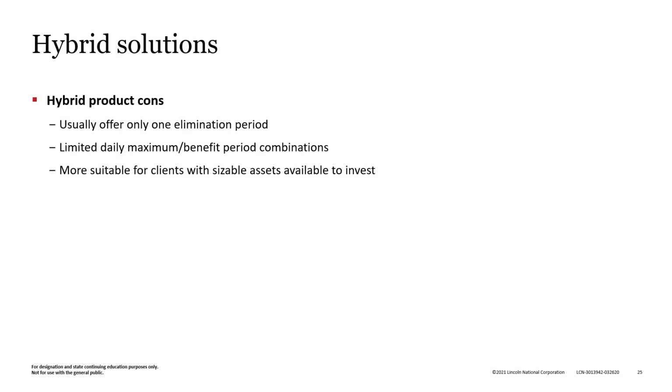Cons, typically there is only one elimination period. With those traditional policies we looked at before, there might be a variety of elimination periods available, and those vary between 0 and 180 days, typically 0, 30, 60, 90, 180. With these hybrid solutions, there's typically one. There might be a limited daily or monthly benefit period combinations, and might be more suitable for clients with sizable